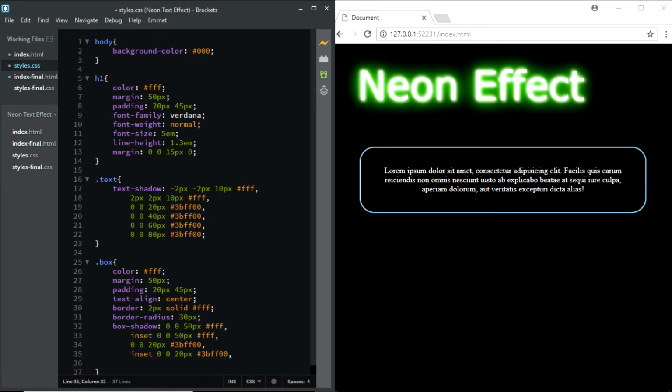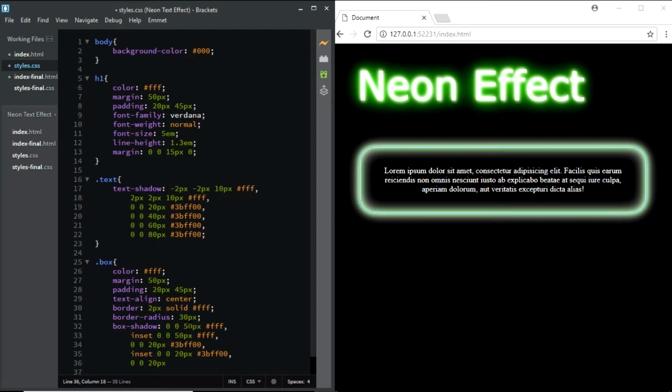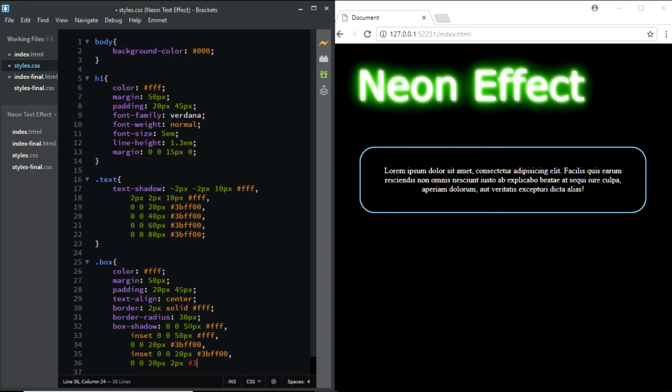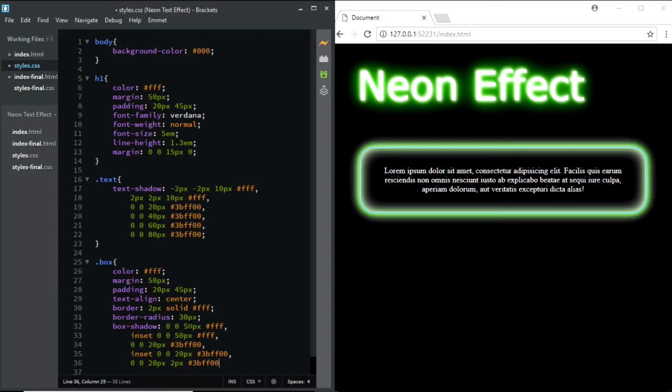And finally we'll add in the last level, which is going to be 0 as the horizontal offset, 0 as the vertical offset, 20 pixel of blur, and again a new value which is going to be 2 pixel of spread radius, which increases the size of the shadow, and of course the color is going to be 3BFF00. So there you go, we have a neon effect,